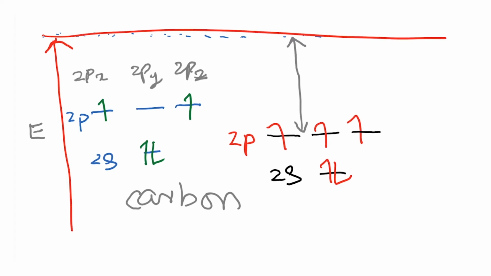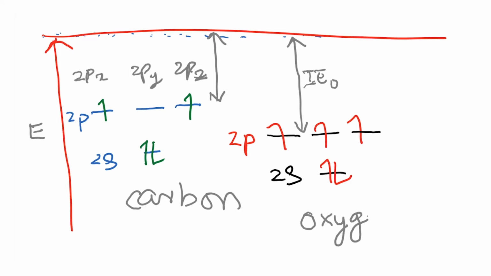Okay, so when you compare it with carbon, this is the ionization energy of carbon, whereas this is the ionization energy of oxygen. So what it tells you is that this kind of picture helps us understand that it's more challenging to pull an electron out from oxygen compared to carbon.